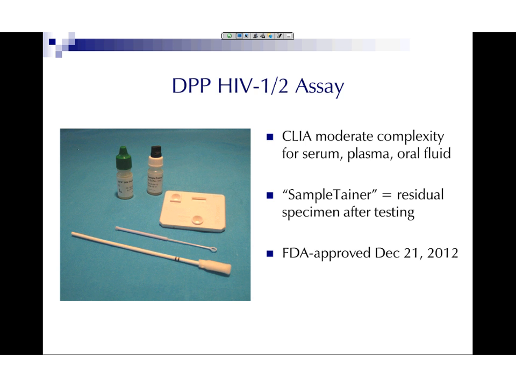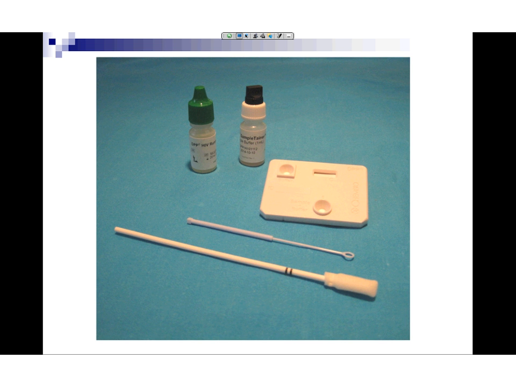For the collection of oral fluid, it uses a swab that you use on the upper and lower gums. But the swab then has a place where you break it off, and whether you use a whole blood specimen or an oral fluid specimen, you add it to the little vial called the sample tainer, which is used to apply it to the test device. But what that also means is that unlike the other tests, you do have specimen left after you run the test. With most of the others, you apply the specimen directly and you would have to obtain a new finger stick or a new oral swab for a second test. With the DPP in this little container, you only use a few drops of it and you still have specimen in order to repeat the test if you need to.